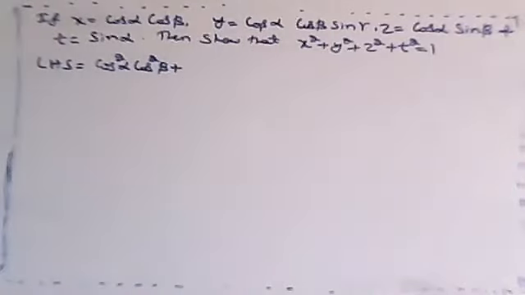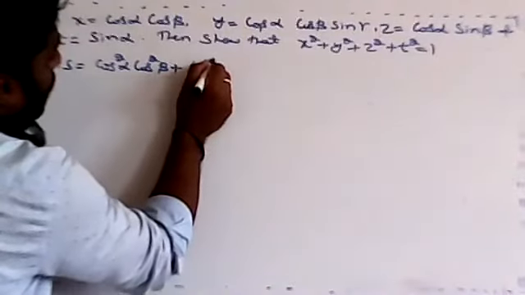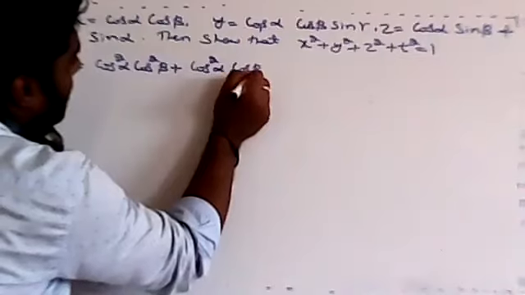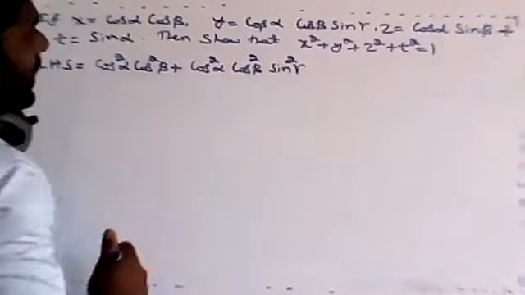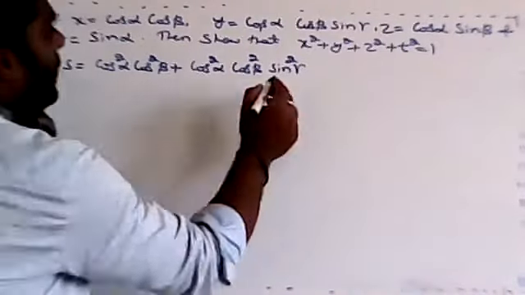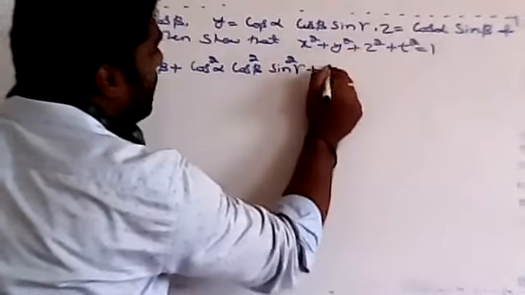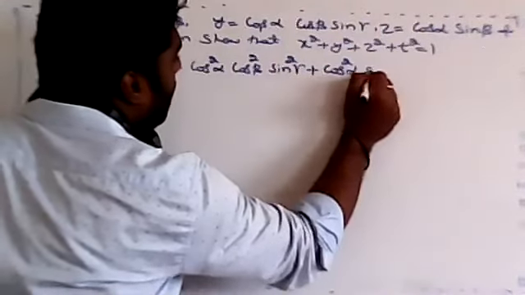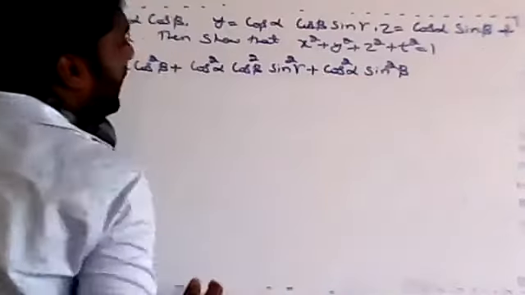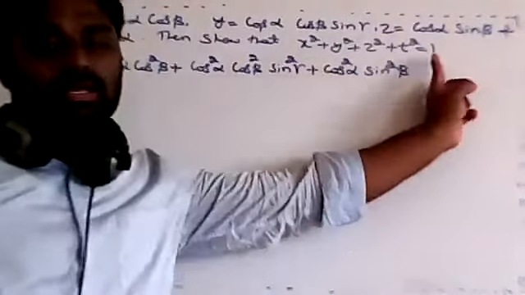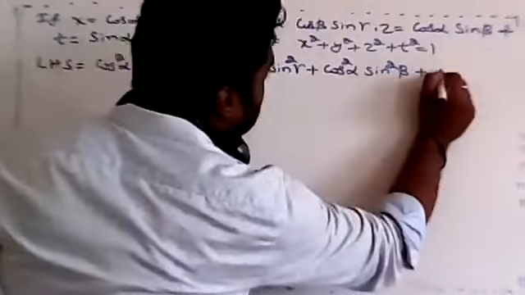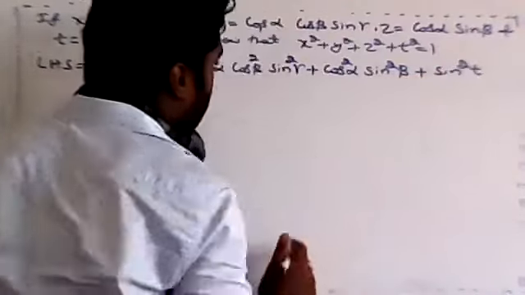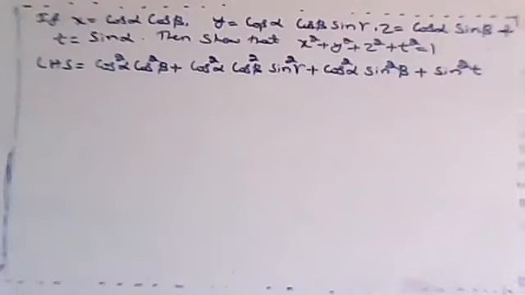Correct? Square that one. What do we get? Cos square of alpha, cos of beta, and sine of gamma. Square we have to do, no? Cos square alpha, cos square beta, sine square gamma. Plus z square means what? Cos square of alpha into sine square of beta. If I square this one, we'll get cos square of alpha, sine square of beta, plus the last one is what? T square, that is sine of alpha, so sine square of alpha. Now tell me how you have to solve this one. I have written all correctly, no? I substituted x, y, z, t values and squared.